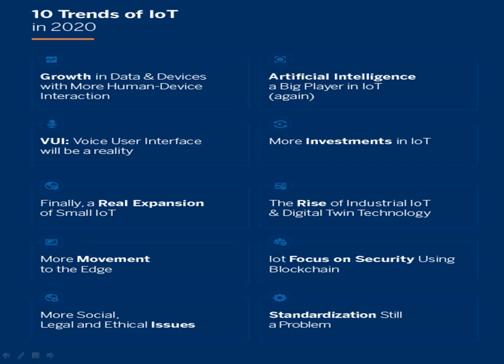And then standardization is still a problem. We have to find out the problems in IoT and then standardize. You have to give proper rights to access the data. You have to standardize everything. It is still a problem in IoT. Privacy is also one thing. So we can standardize this. These are the 10 trends in IoT 2020. So next,